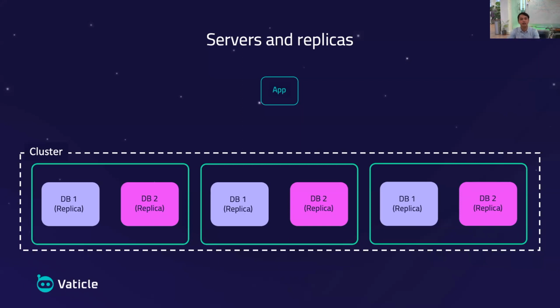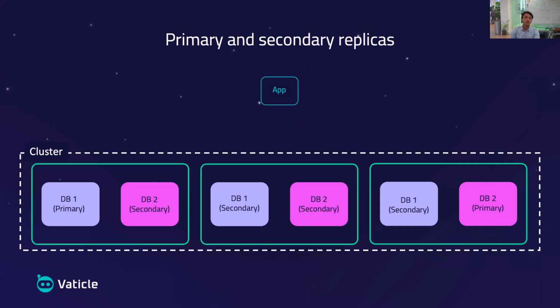So in this case, you'll see in the diagram that we have 3 replicas of DB1, each of which is sitting on server 1, server 2, and server 3. So I'm just going to call the servers server 1, server 2, and server 3, starting from the left to the right. So we have these 3 copies of DB1. And similarly for DB2, we also have 3 copies. So these copies, or these replicas, are essentially identical copies of one another. The replica in server 3 has the exact same data as what's in server 1 and server 2.